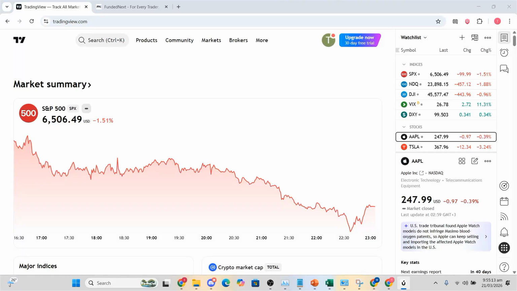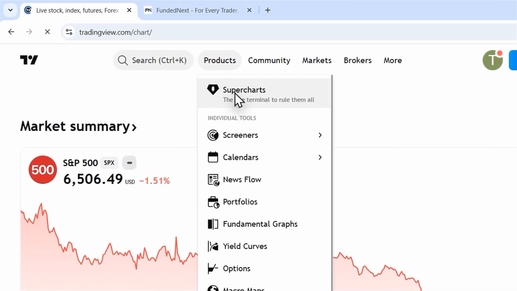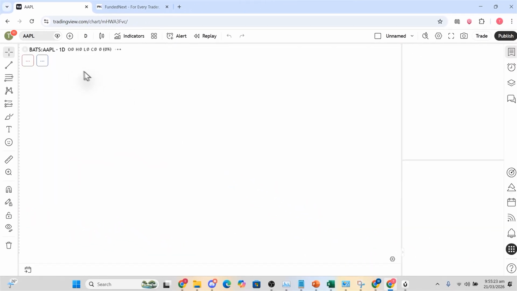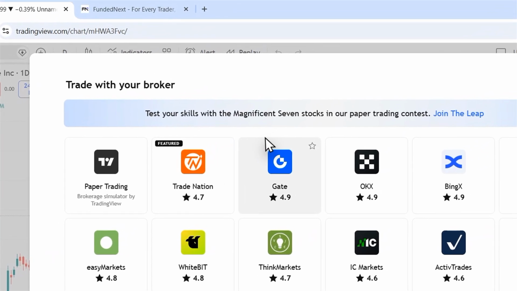Hey guys, in this video I'm going to show you how to connect Fundednext to Tradingview. The first thing I want you to do once you're logged into Tradingview, hover over products, click here on supercharts, and then while you're on this page, click on either buy or sell, and then here we can connect our